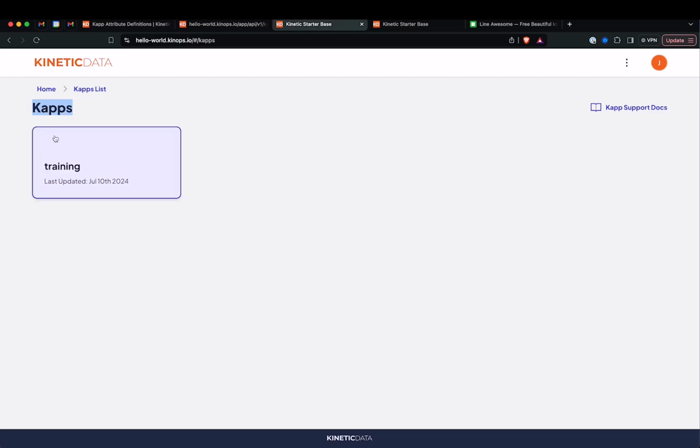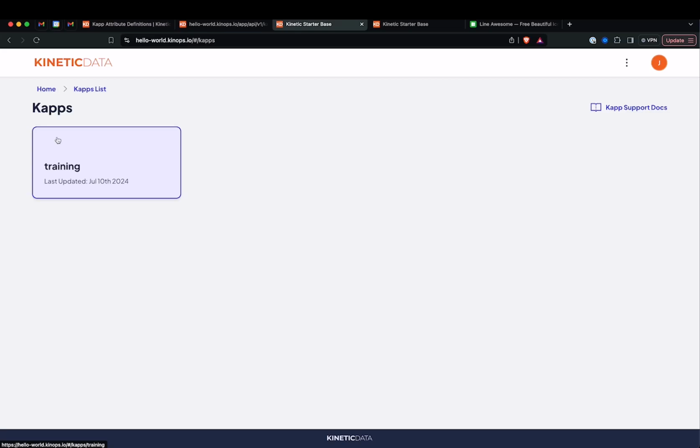It's effectively showing me, if I had 10 caps, a card for each of the caps here. And one of my requirements is I need to actually show an icon on each of these caps. And I don't want to have to change my front end code every single time someone wants to change what the icon is of the cap. So in our front end code, we're going to effectively fetch the cap and include its attributes. And when I have those attributes back, I can then insert a Line Awesome icon class to actually represent the